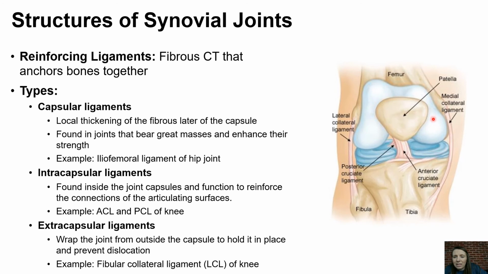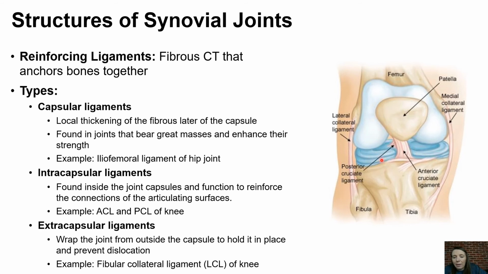We would have articular cartilage here on the condyles of the femur, which you can see in this light blue color. And then here's the tibia, and it's going to have its cartilage as well. In order to reinforce these connections, we have ligaments that hold the joint together, and in this example the ACL and the PCL,